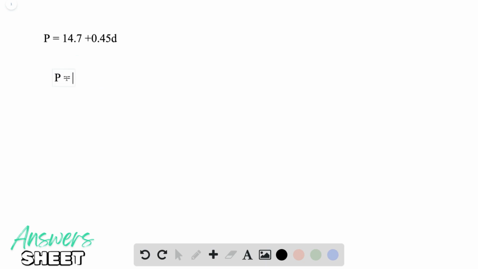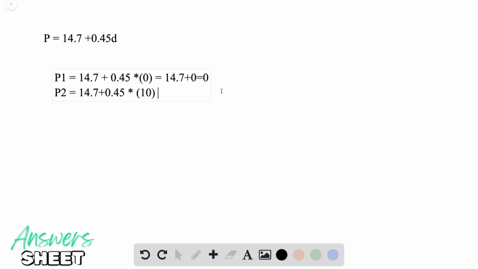So pressure equals 14.7 plus 0.45 times 0. Then we're going to get 14.7 plus 0, which equals 14.7. And we're just going to say P1 for that one. And pressure 2, I'm going to say 14.7 plus 0.45 times 10,